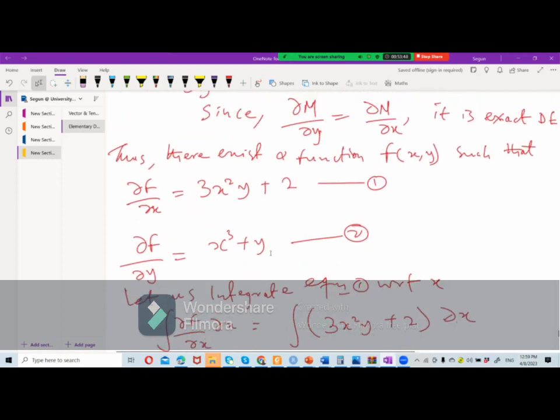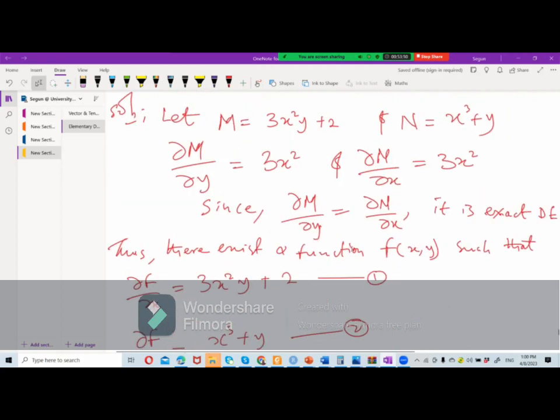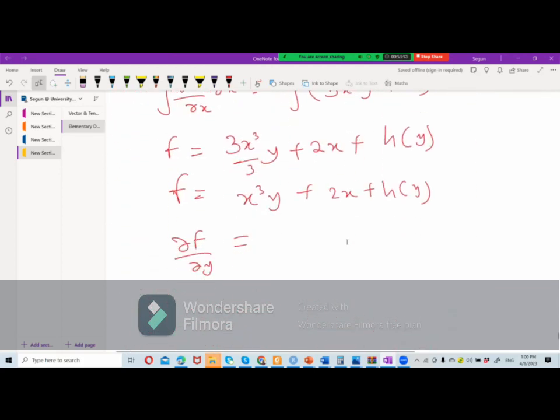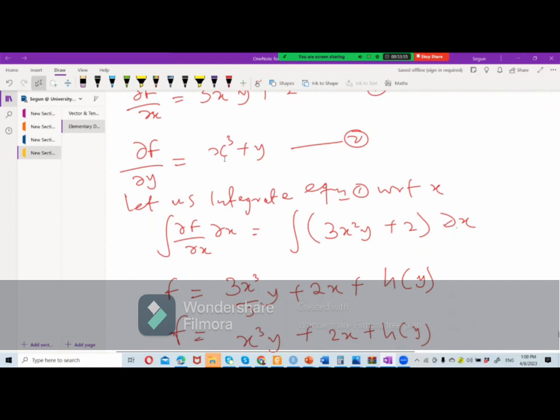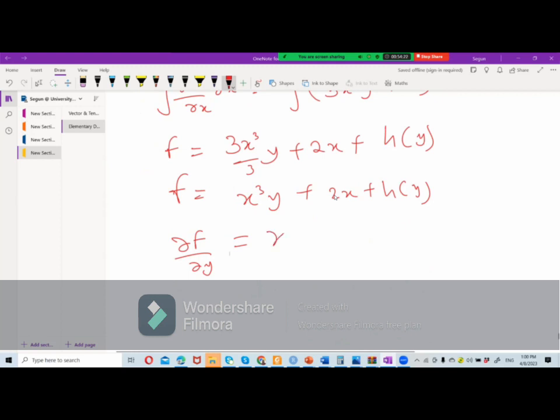If you look at it, we are working with equation 2 now. Equation 2 says f dy equals x cubed plus y. So let's move on to that. We have x cubed